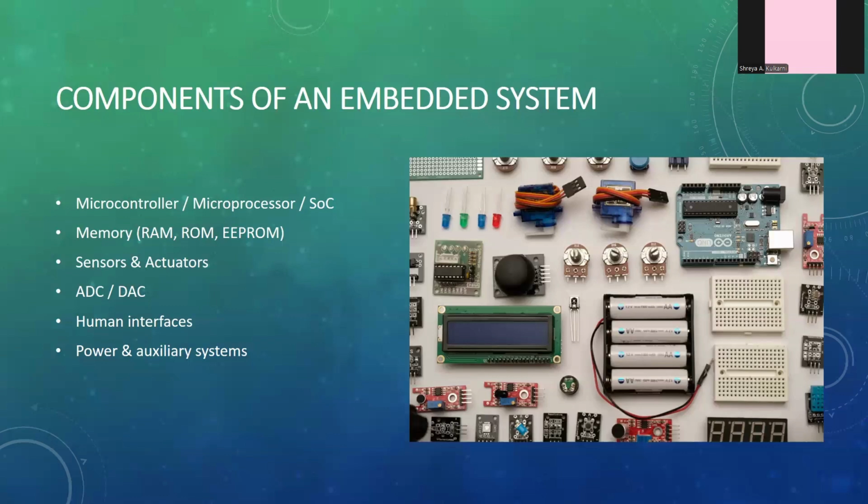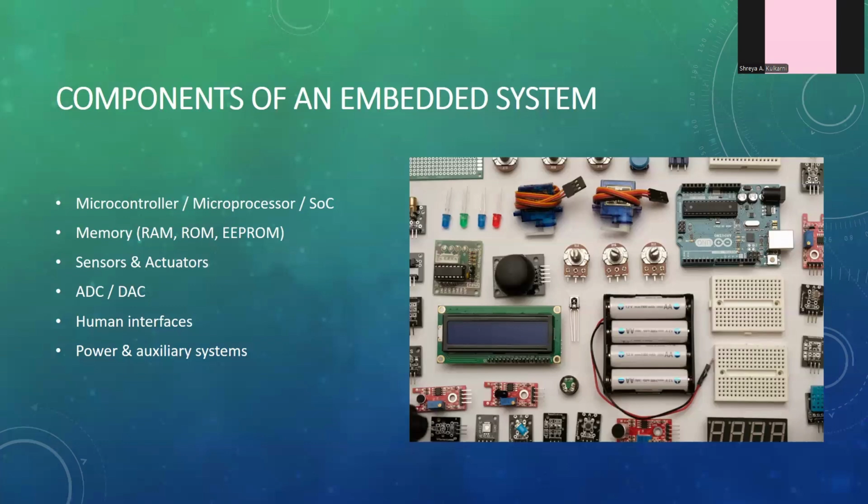And the physical world is in analog format, so whenever we are giving output to the world, we'll be using a digital to analog converter, because the microcontroller or the embedded system produces a digital output, and that needs to be converted to analog to make it into a usable format. Then we have actuators. Actuators are output devices like motors, etc. These motors will run on the analog signal given by the DAC, digital to analog converter.